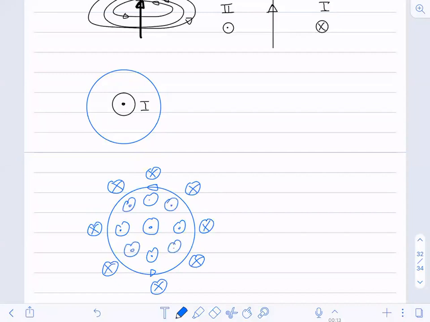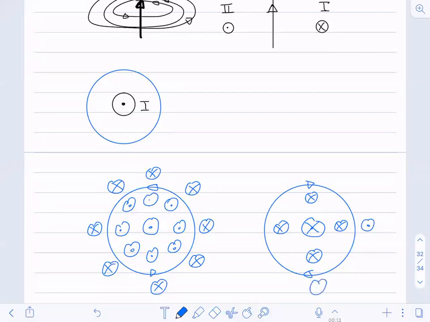Is it okay? If I change the direction of the current, instead of anti-clockwise, now if I make it clockwise, what will happen now? Inside you will be having cross, and outside you will be having dot. To find that out, you just hold the wires at every point like that, and then you will be able to determine why it is cross inside and dot outside.